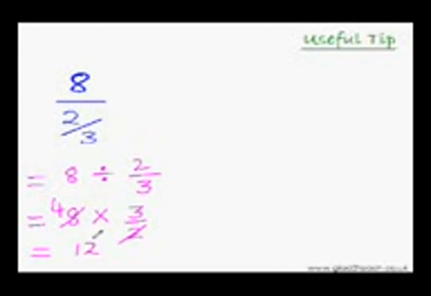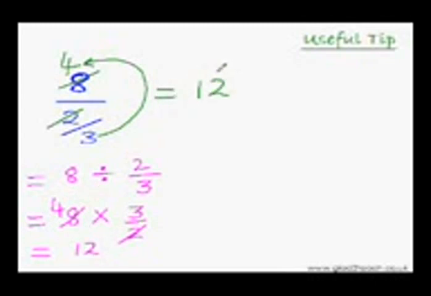But the good news is that you don't have to put down all these steps every time. We can very easily simplify this directly, since we have to divide 8 by 2. So 2 4 times is 8, and whatever we get at the top we simply multiply with what is at the bottom. So 4 3 times is 12. See, we found that out directly. These are of course